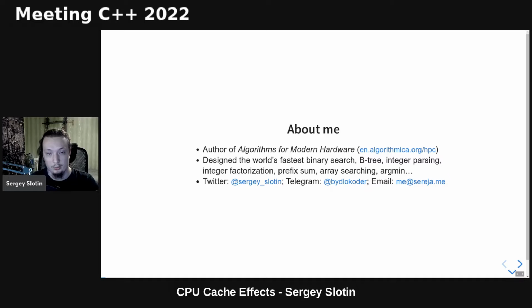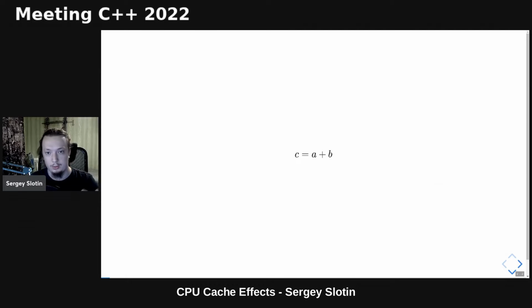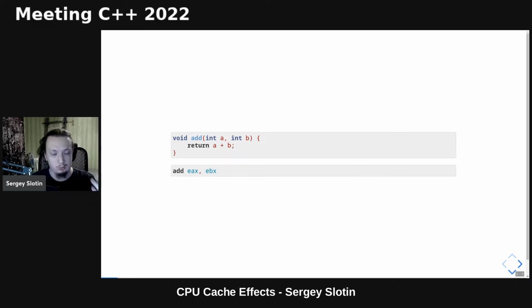So why should you care about memory? Consider this fundamental question. How long does it take to add two integers together? Well, that depends on what you mean. More specifically, on where these numbers are stored. If the values are stored in CPU registers, then we only need one instruction. Not all arithmetic instructions take equal time, but being the simplest and also one of the most frequently used instructions, the addition only takes a single CPU cycle to execute. So if the data is already loaded into registers, it takes just one cycle.